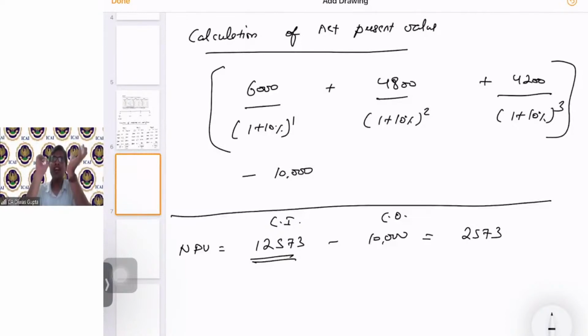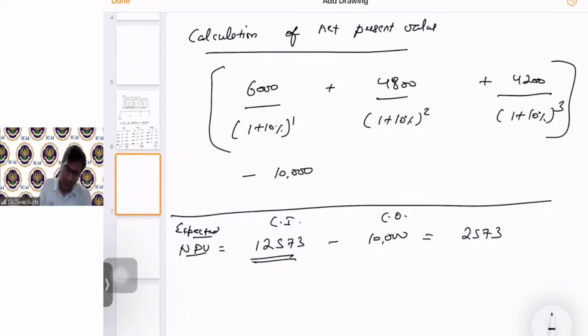So I hope the formulas that we have discussed in probability are clear, and the query of why we are multiplying probability to arrive at the average is also clear, and the practical application of this formula is this only. Correct? It's very simple. We first have to calculate the expected best possible average, mean, whatever you want to say, of the particular cash flows. Basis that, we need to arrive at the present value, which is called the expected net present value. Why are we putting expected? Because there is a use of probability and we have multiplied the same.